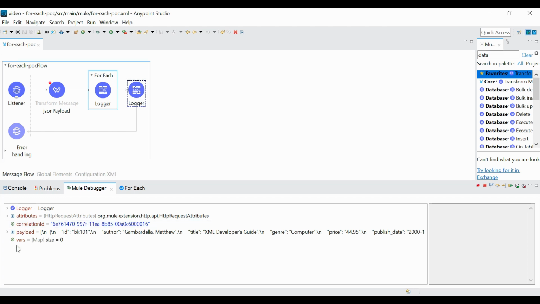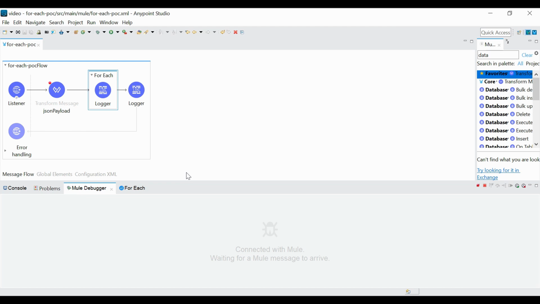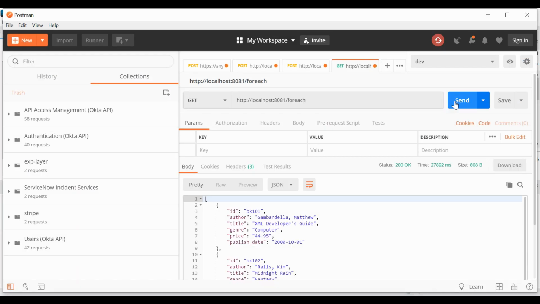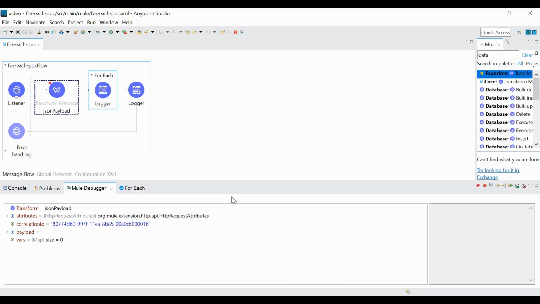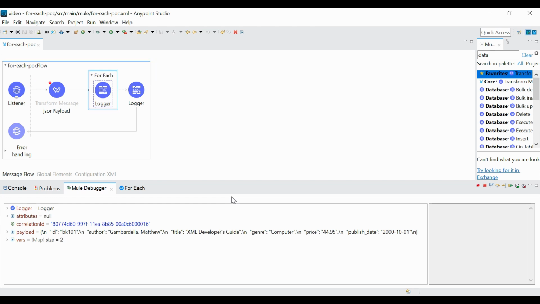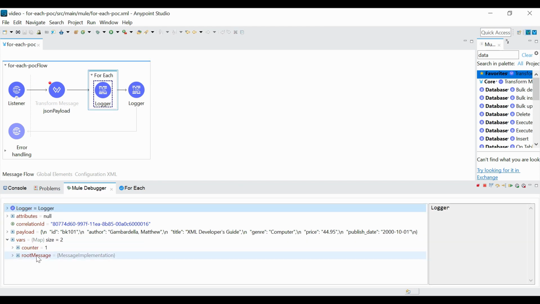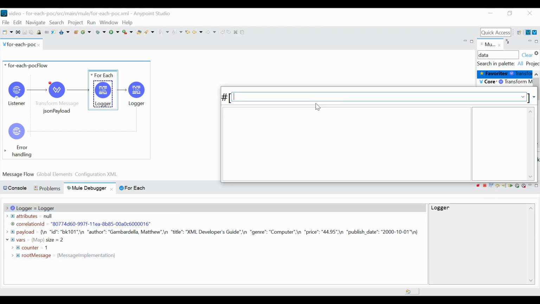Now one more thing, which is root message. Let me go inside this, and if you want to extract the original payload, as I said, using this root message we can do that. Maybe before that, if you want to access the counter variable, you can just directly do counter.